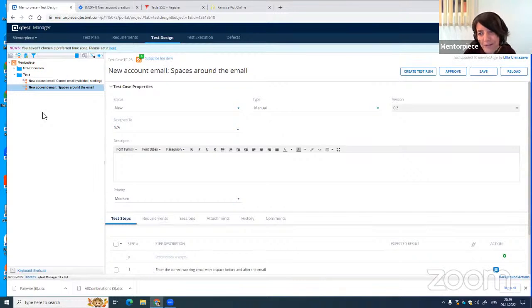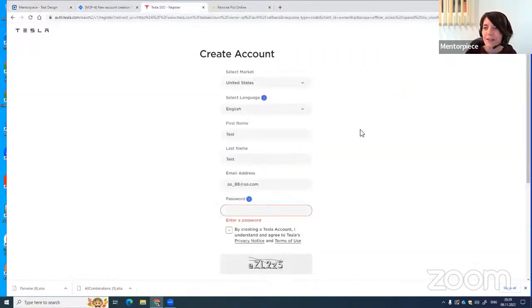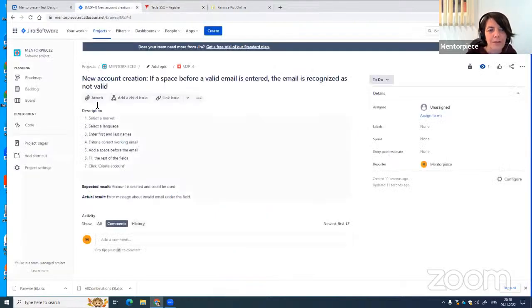Spaces around the email. And then after creating that little plan, we switched to our site and we tested according to those 2 test cases. The first case, very simple, happy path, worked for us, but the second one didn't, because we found a bug connected with spaces before and after the email. And since it didn't work, we created a defect here in Jira about